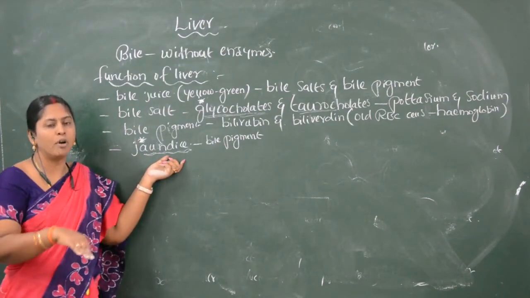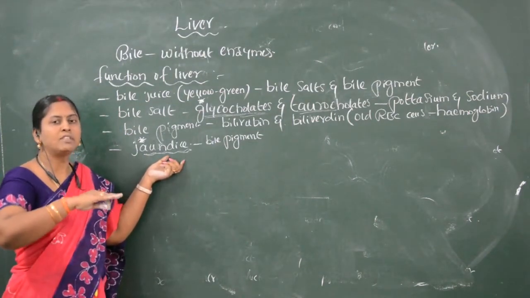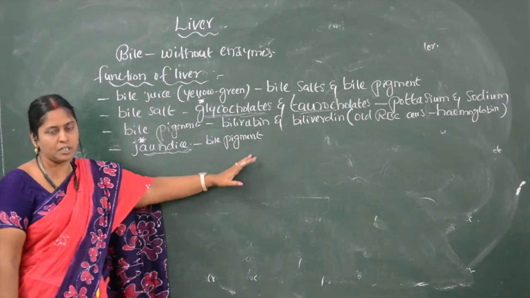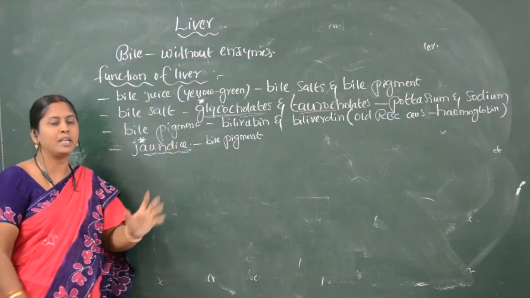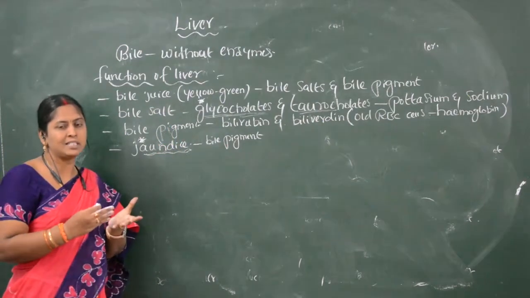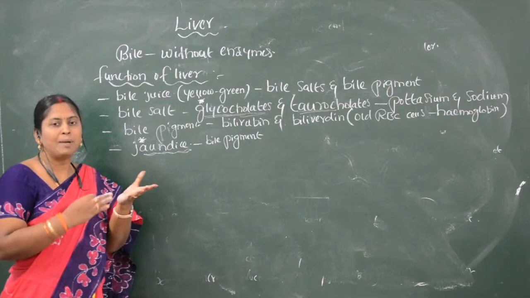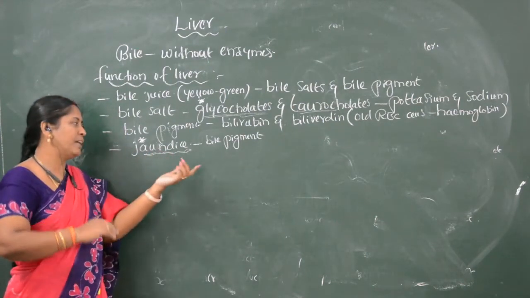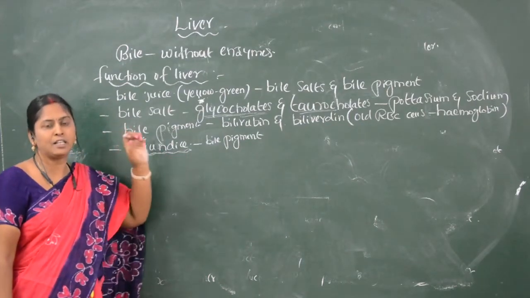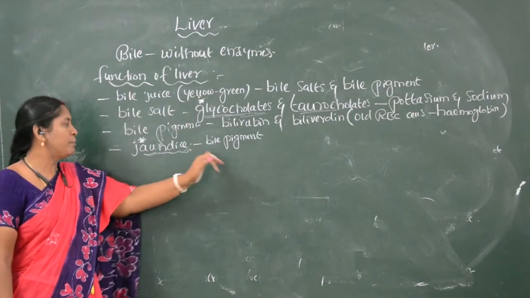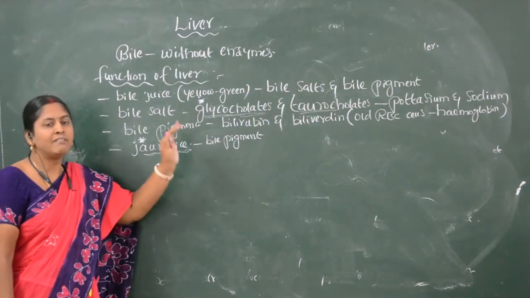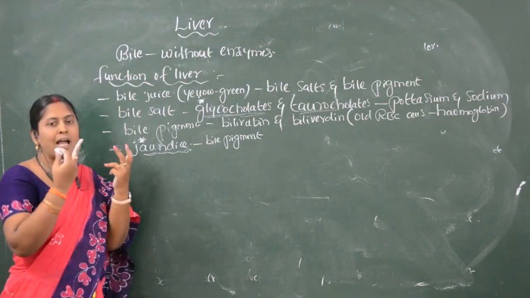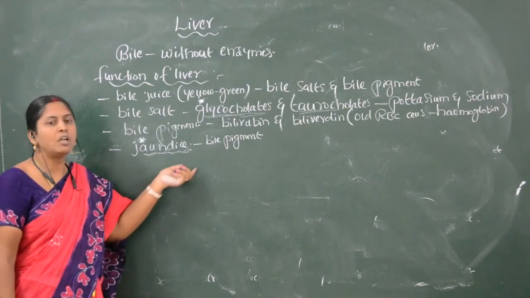the body. It enters the body means along with the blood circulation, even bile pigments enter the circulation. So when it enters the body, these bile pigments will be present in the blood. The blood, we know, covers the whole body, so along with the blood it enters all parts of the body. So in persons suffering from jaundice, we can see the body appears a little whitish yellow in color, and the eyes also turn yellow.